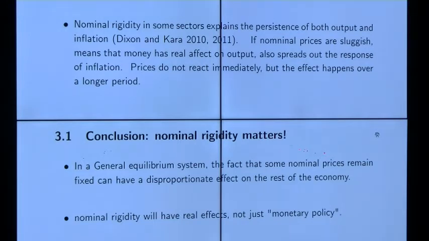So just to conclude the first part of my talk, it is that nominal rigidity matters. In a general equilibrium system, the fact that some prices are rigid will affect the way the whole system behaves. Now, of course, I'll put a caveat on that. It depends exactly what assumptions you make about labour supply, elasticities, preferences, and so on. So under certain assumptions, this spillover will be very, very small. But it can also be very, very big. You can look at the details in the papers. They're on my website on hughedixon.org if you want to have a look at the assumptions,